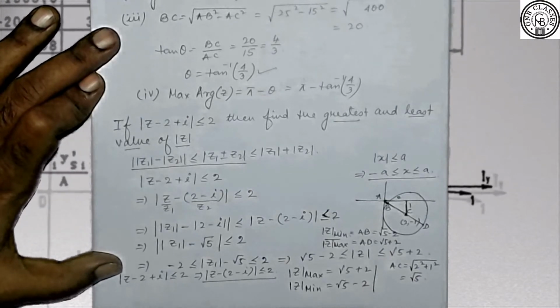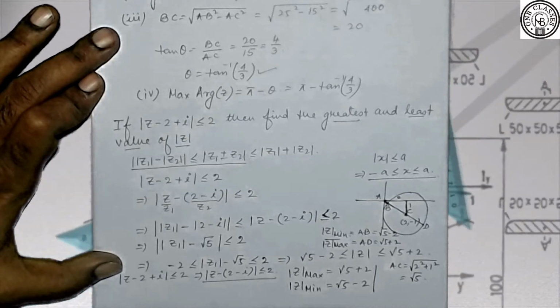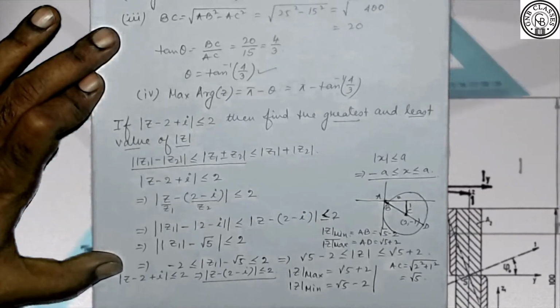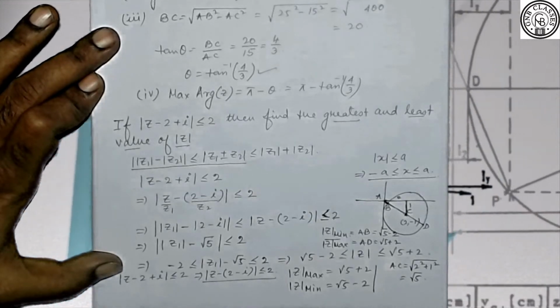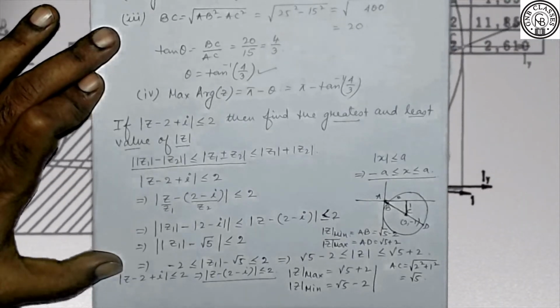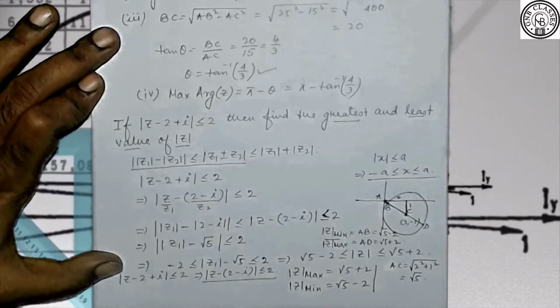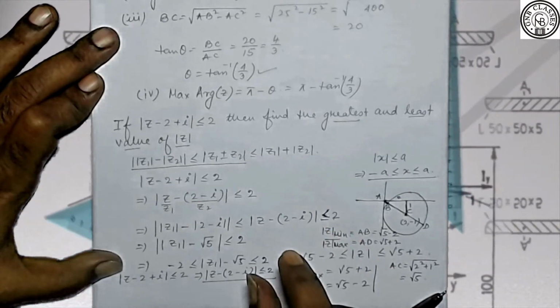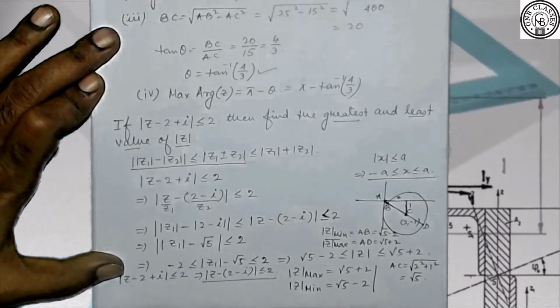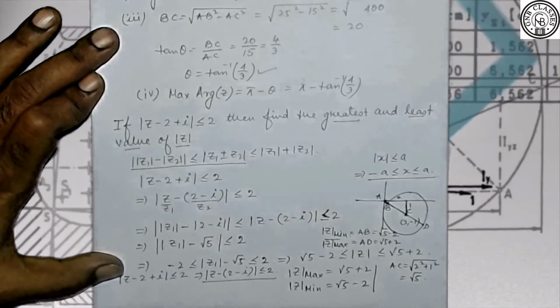That is the advantage if we solve this kind of problems graphically, because there is no complex calculation while solving graphically. Simply draw the diagram. If you have understood the locus properly, you can draw the diagram immediately, and from that diagram instantly you can answer whatever questions are given to you. Is it clear? Let us move to some other problem.